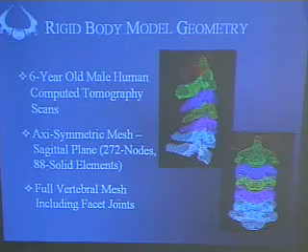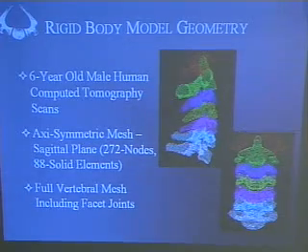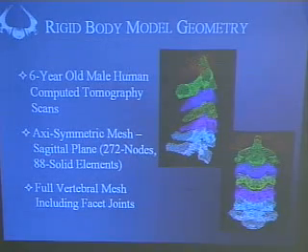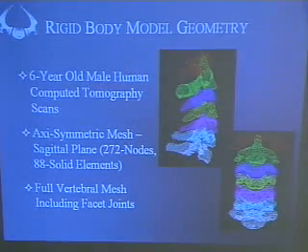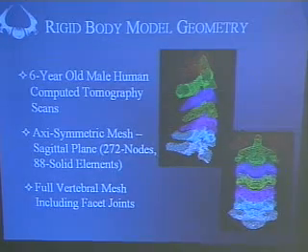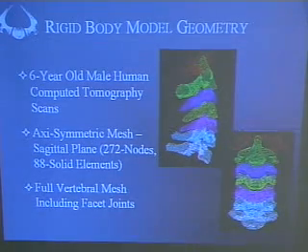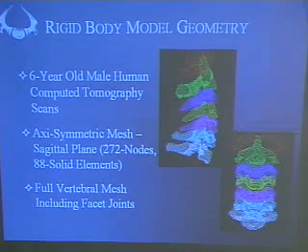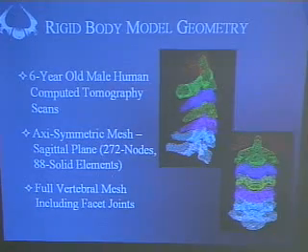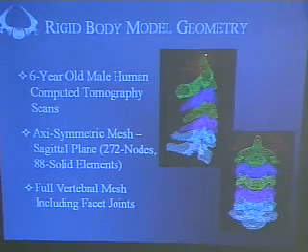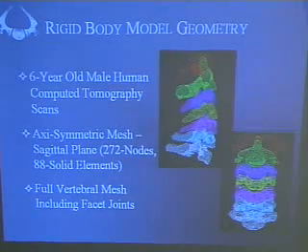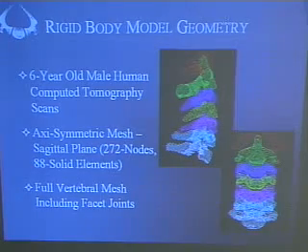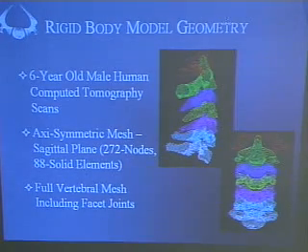So first, building the model. We're going to start out with geometry. Our goal is to eventually build a whole host of models, 3, 6, 9, 12-year-old models. But as you saw in the first slide, the geometry changes. What is bone and what is cartilage changes throughout maturation. We decided to take our first approach looking at a 6-year-old model. So we took a 6-year-old male human, we scanned that individual, and then we created polyline slices. So we created a 3-dimensional geometry of that entire CT scan.